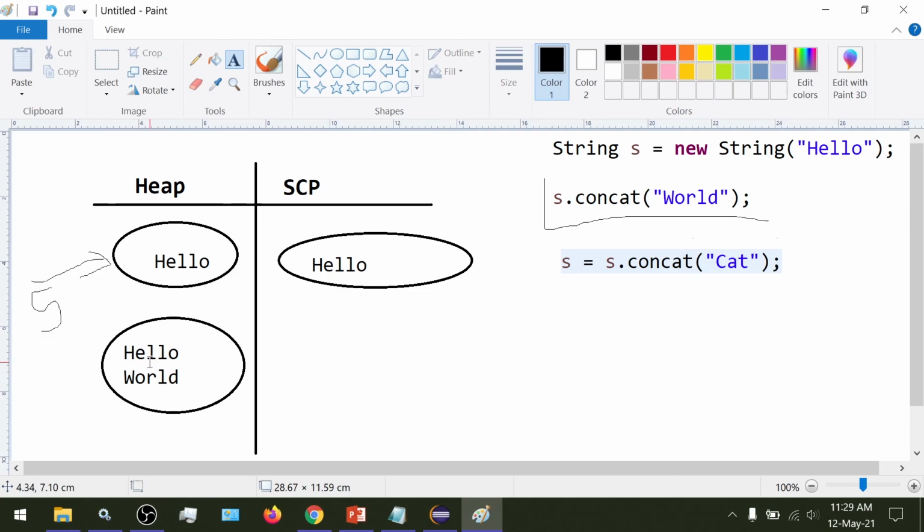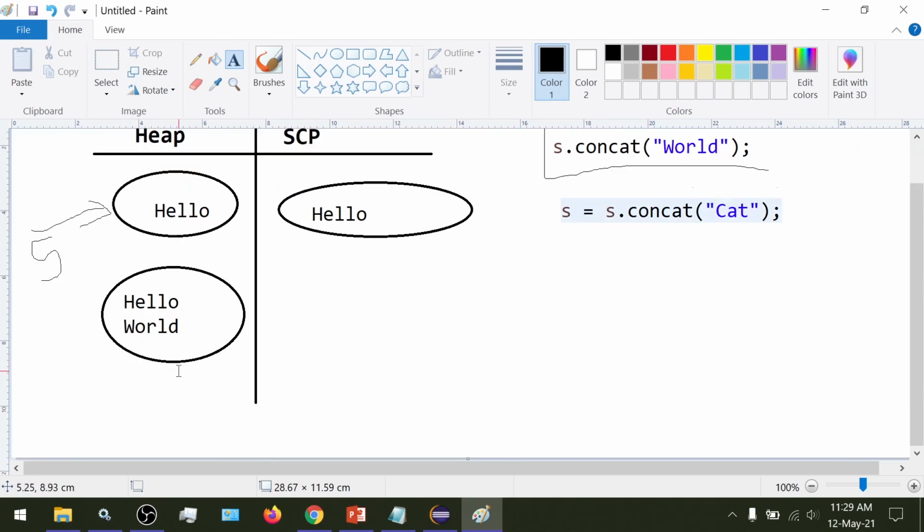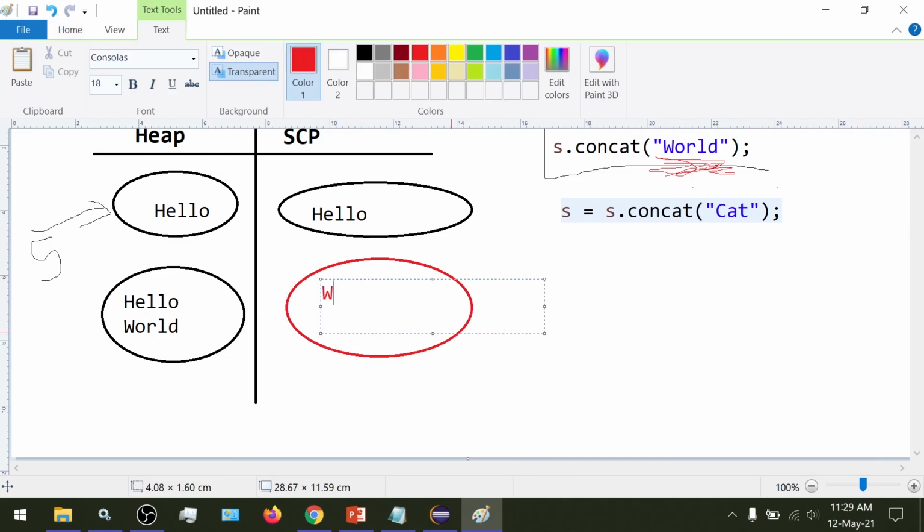Since we have the literal world here, as per the second thumb rule, for every string literal an object gets created inside SCP. So inside SCP, we would have an object for world.